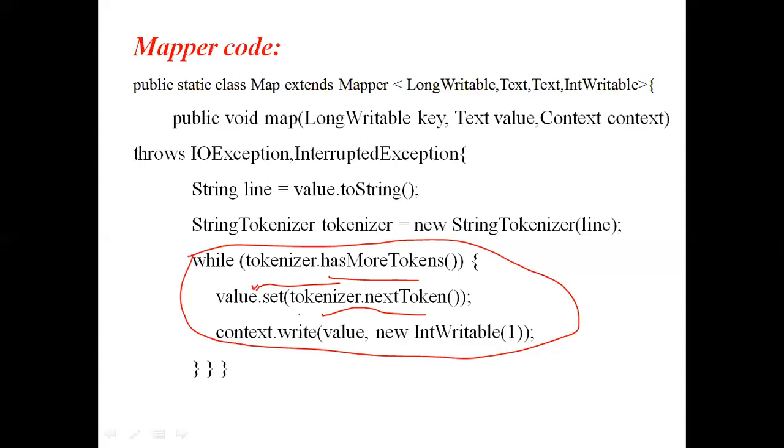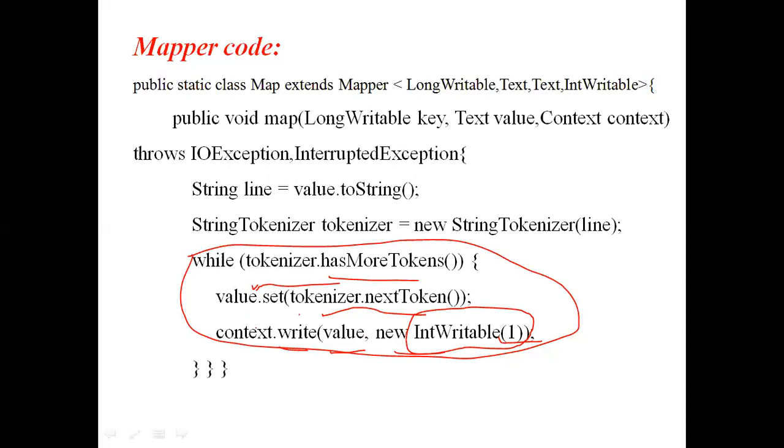See, for the value, first deer will be entered. Immediately, whenever the value is deer, what are we doing? We are writing context.write, which is similar to SOP in Java. With context.write, we are writing into the file the value, whatever the deer is, in the place of value. And see here, we are attaching the number one, an IntWritable of one: value comma one, deer comma one, next token beer comma one, next token river comma one.